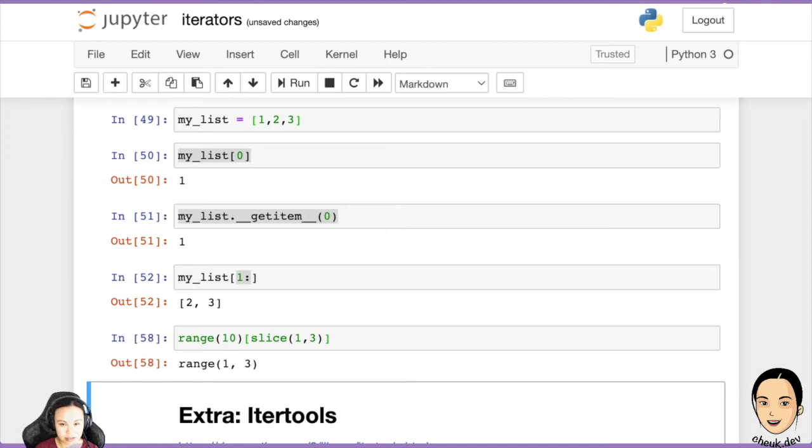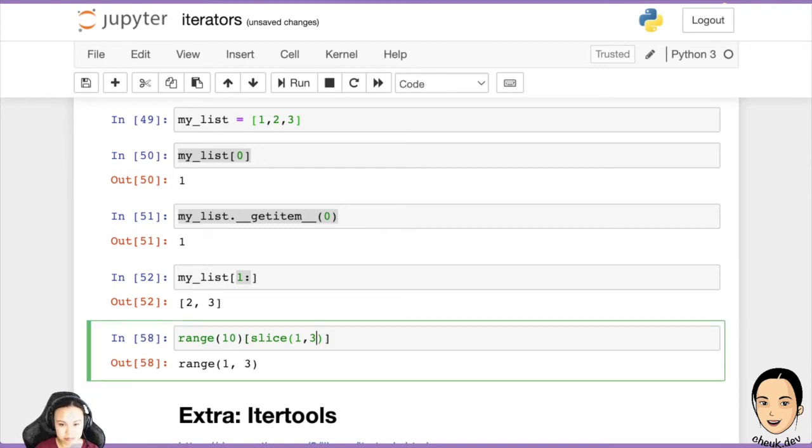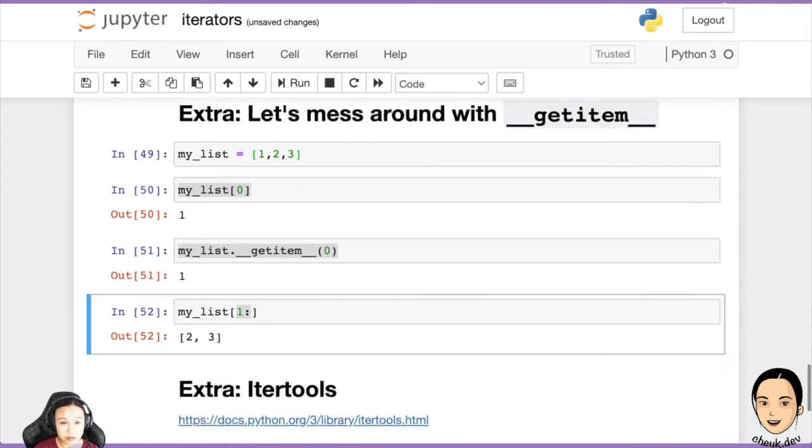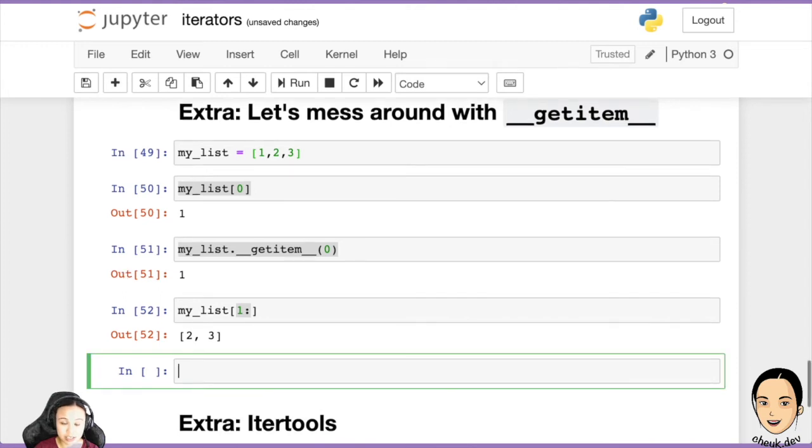Yeah, then it will give me something back. Okay, kind of like going too far, I think. So this GetItem. One other funny thing is that actually